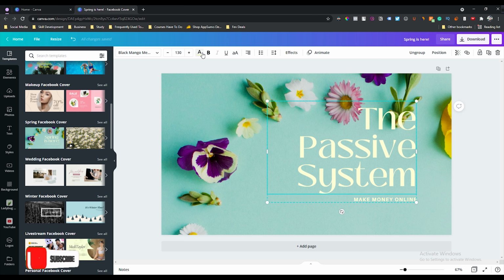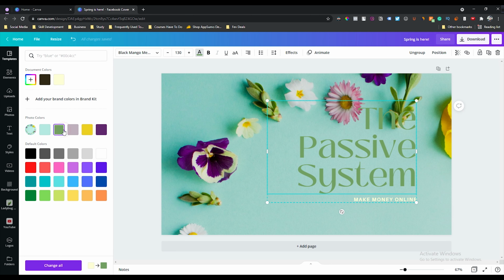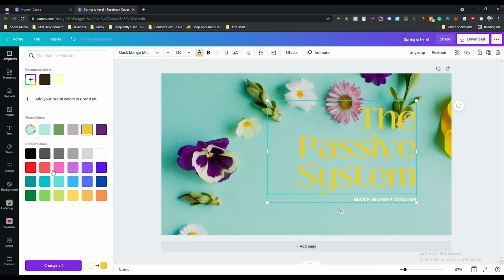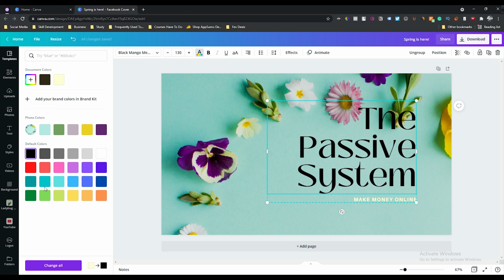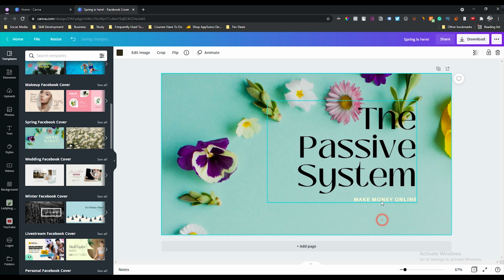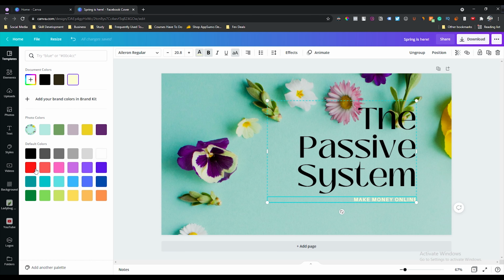If you want to change color, you can change color. Maybe this one. I think black is good, and I will change the make money online color also. Maybe this one.